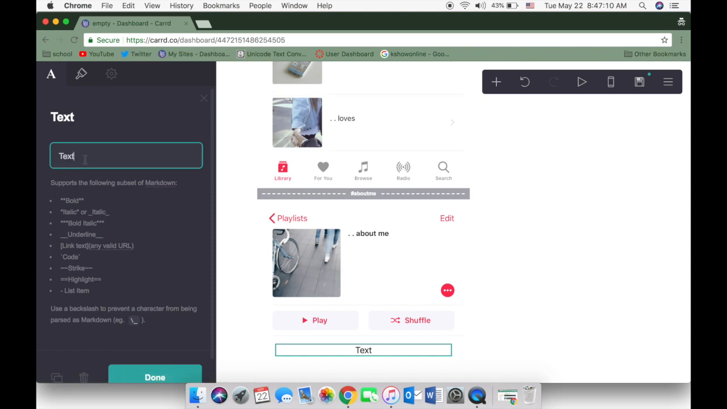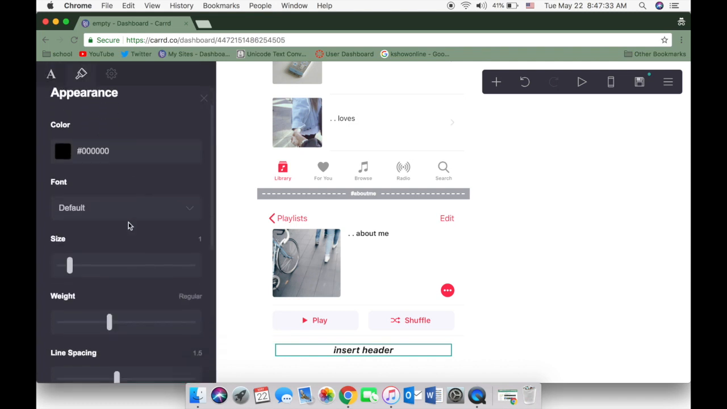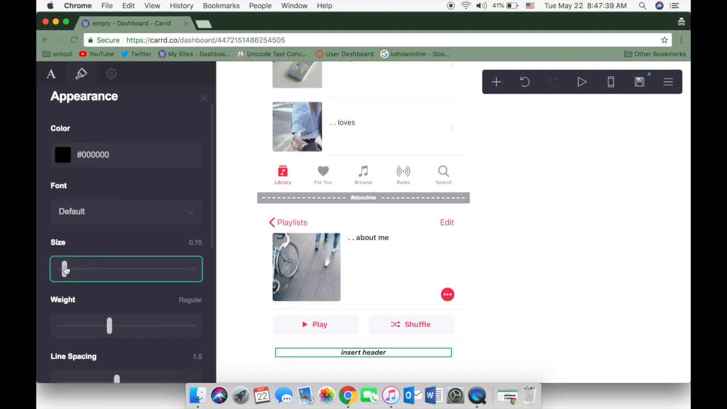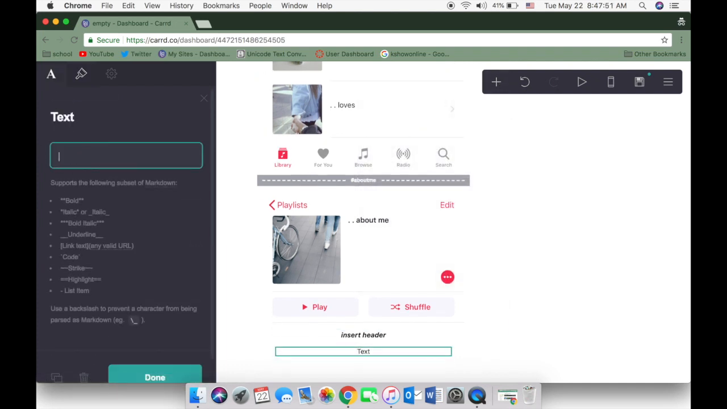text, and I'm just going to bold it because that's what mine looks like, and insert header. Bold, and also that's bolded and italicized, and it is in default and it's size 1, but on my card it is size 0.75. And then you put in another text box